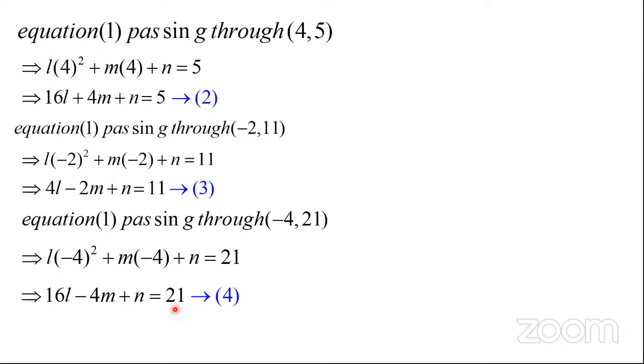As time is limited, I am unable to spend much time on expanding the squares, multiplying with minus, and all these simple calculations, children. I am stressing much on the concepts. Our parabola lx² + mx + n = y passing through (4, 5) gives us equation 2. Passing through (-2, 11) gives us equation 3. Passing through (-4, 21) gives us equation 4. So 3 points, we get 3 equations. Solving these 3 equations,